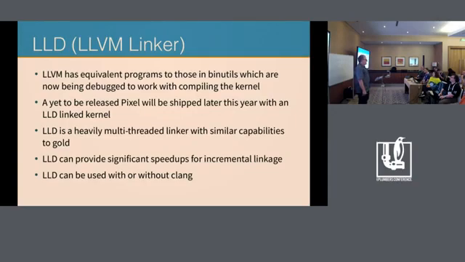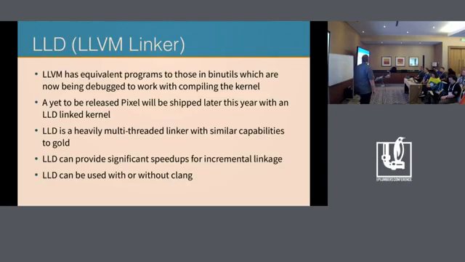When it comes to Clang and LLVM, they have their own equivalent of all the binutils utilities. The big one that people have really wanted to see for a while is something called LDD, which is the linker that came out of the LLVM project. Now, this is actually kind of interesting because one of the major things that LDD is very good at is things like LTO, for instance. And it does this in a very heavily threaded manner. So whereas LD and Gold are quite linear because they're not threaded, LDD is heavily threaded and therefore tends to actually get to an LTO output that much faster, or at least it tends to link faster, especially in an